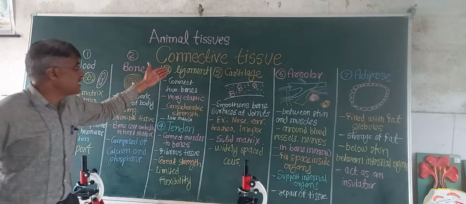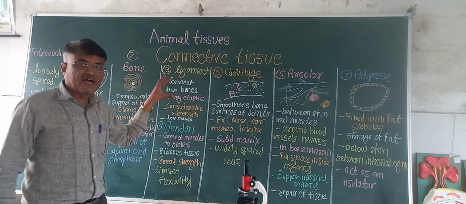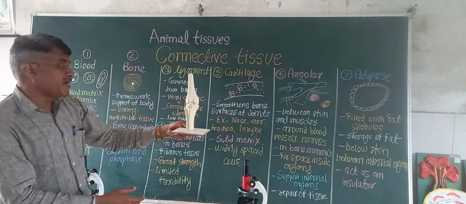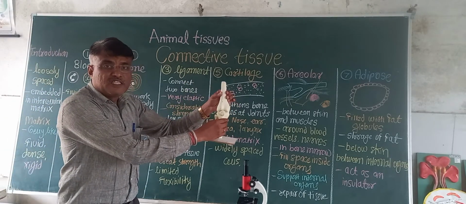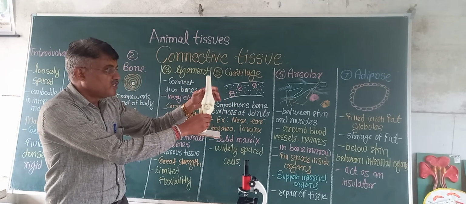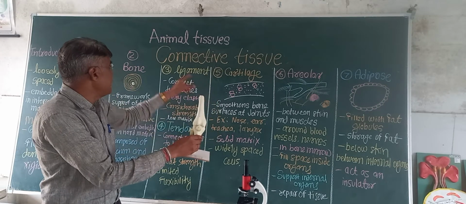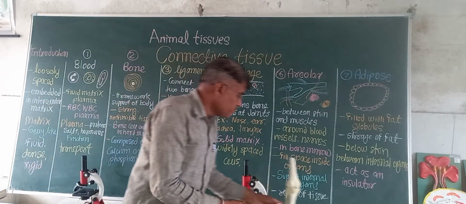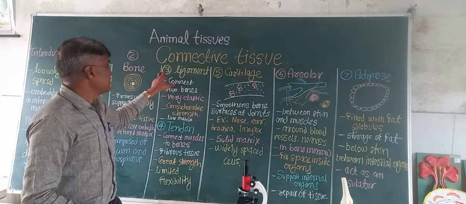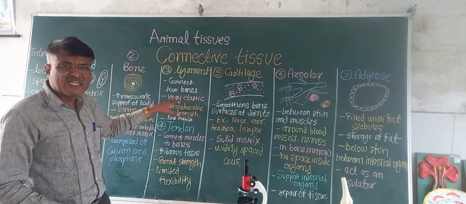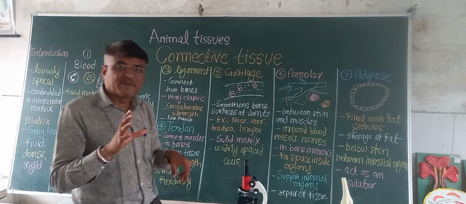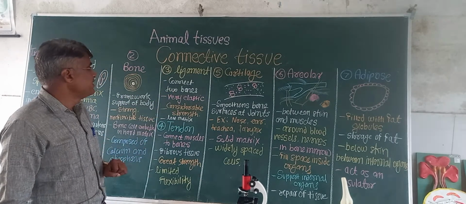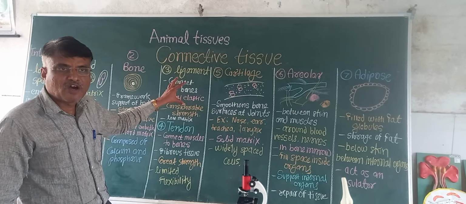Now the third part, ligament. What is the function of ligament? See here, this is one joint, the knee joint, all of you know. These two bones, any two bones, are joined by ligaments. The connection between two bones is by which part? Ligament. All of you got it? This ligament is very elastic but has considerable strength. And the matrix is present in less quantity in the ligament. All of you got the ligament, the connection of two bones.